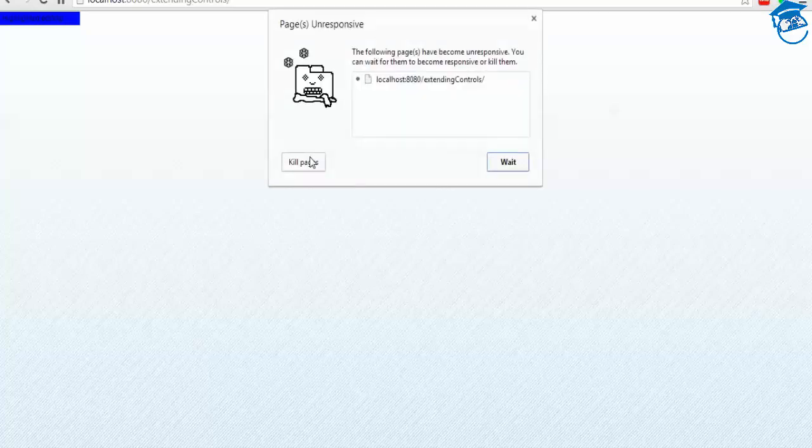Thank you, and in the next session we'll see how to create a new control from scratch, that is nothing but a Google control. We're going to take an example of a Google control and do it.